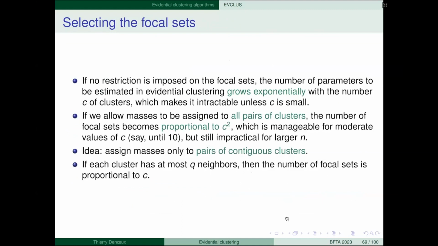Okay, the other thing is how to select the focal sets. For example, if you have 10 clusters, you have a maximum of 2 to the 10 focal sets. And that increases exponentially with the number of clusters. So we can,